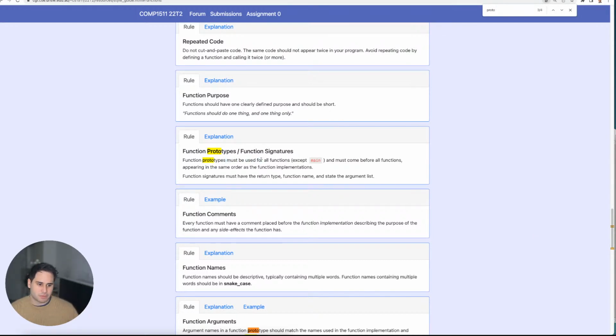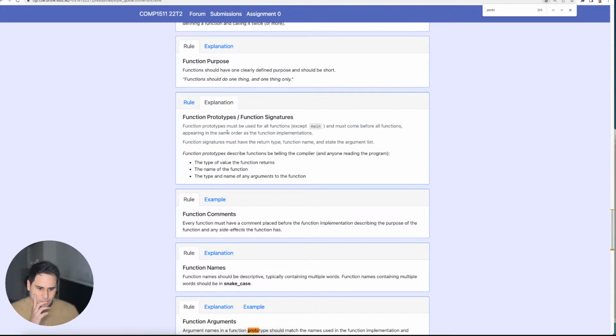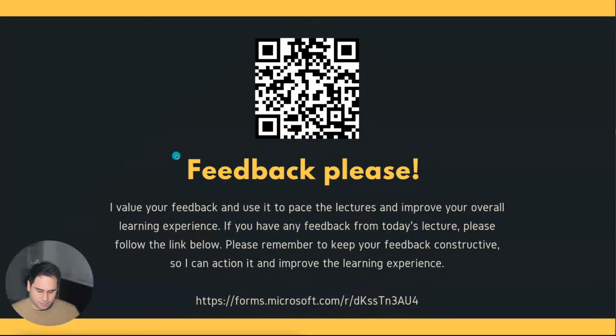Function prototypes must be blah, blah, blah. It doesn't really give us a good reason for why we have it in the style guide, to be honest. I think one of the reasons some people do this is just to